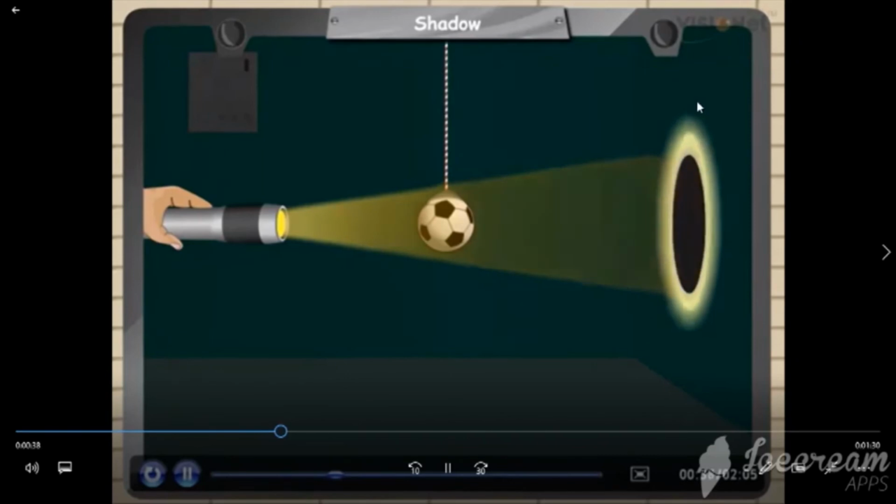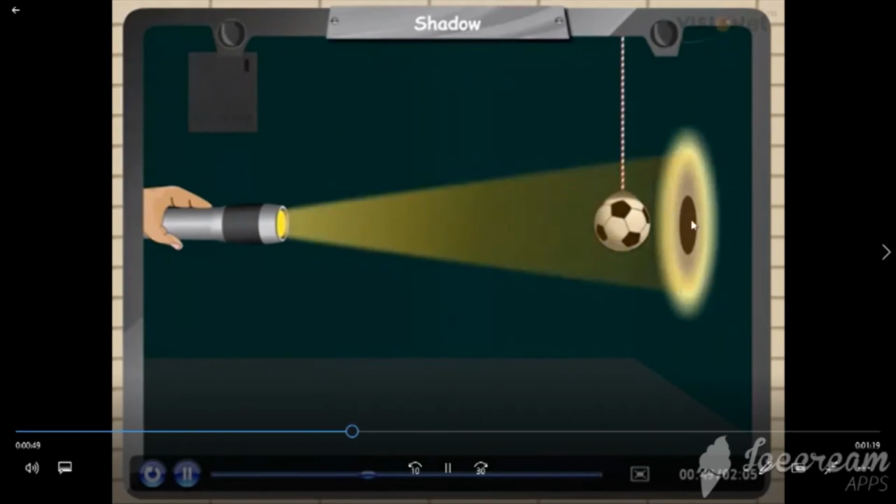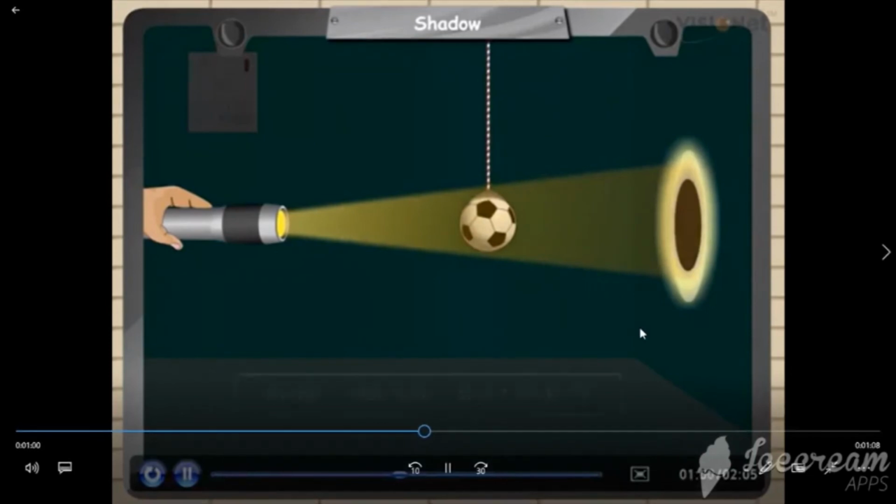Now move the ball closer to the source of light and observe. You will observe that the same ball forms a bigger shadow. Now move the ball further away from the source of light and observe. You will observe that the same ball forms a smaller shadow. Thus, we conclude that: